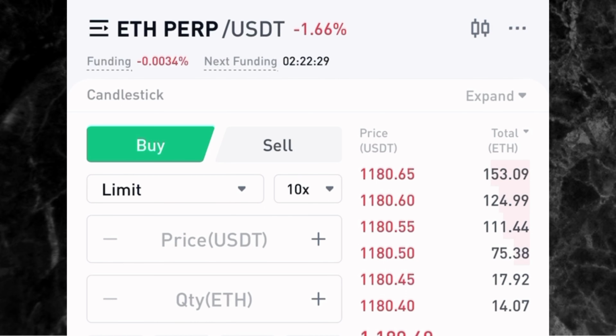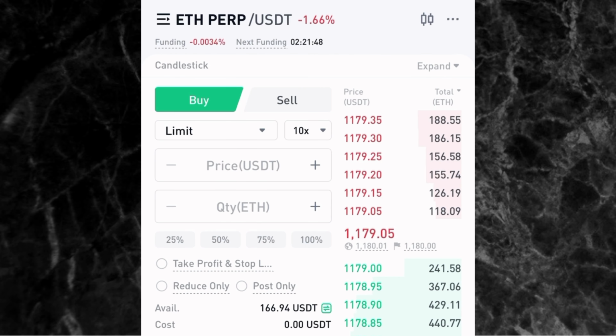While if the funding rate is negative, it means the people who are short in the market are the ones to pay the money. As you can see right here, the funding rate currently is negative. So you see it is minus 0.0034%. So this means that anyone that is shorting this market will be the one to pay this fee. This is not up to anything, so you don't have to bother about it. It is very, very small. That's minus 0.0034%, and that's very, very small. So you don't have to bother about that. But I'm just explaining this so you can know what the meaning of funding rate is, because I get a lot of questions